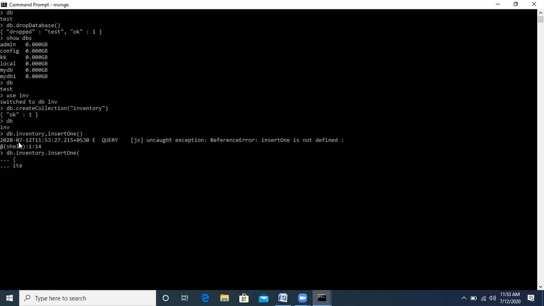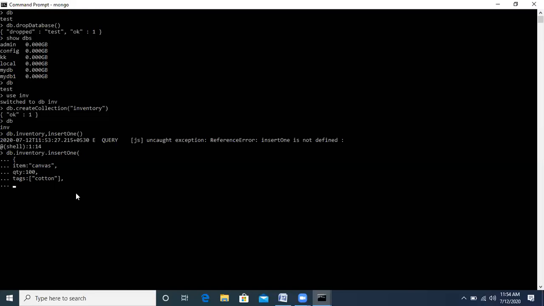Inside this type the first field, that is item, and suppose the item name is canvas, and then quantity for this item is, let us say, 100, and then I'm using certain tags, and these tags are working just like an array. So I'm using it in square brackets because it is an array. This field tags is a field of type array.